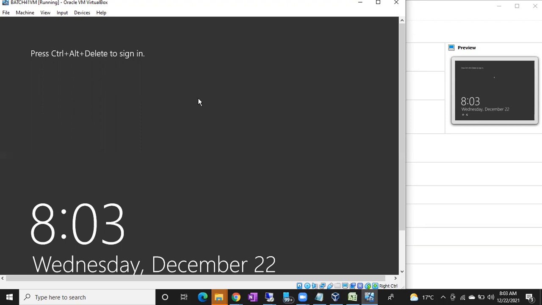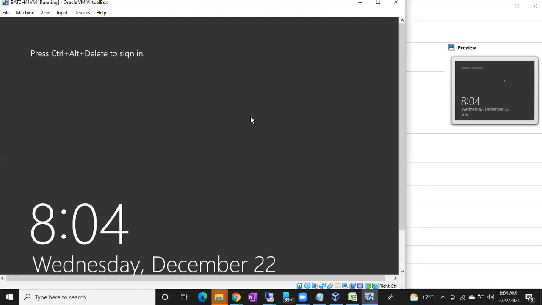First of all, what is the shortcut? What key combination are we going to use? Which keyboard keys are we going to use to log into the machine? Control Alt Delete, as shown on the screen. It is clearly showing Control Alt Delete, but Control Alt Delete won't work. You have to remove one key. You have to use Control plus Delete. Click on this black screen once, then Control plus Delete.